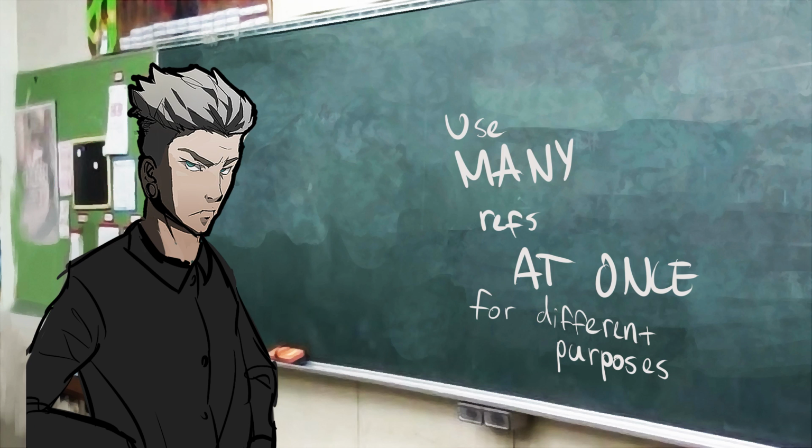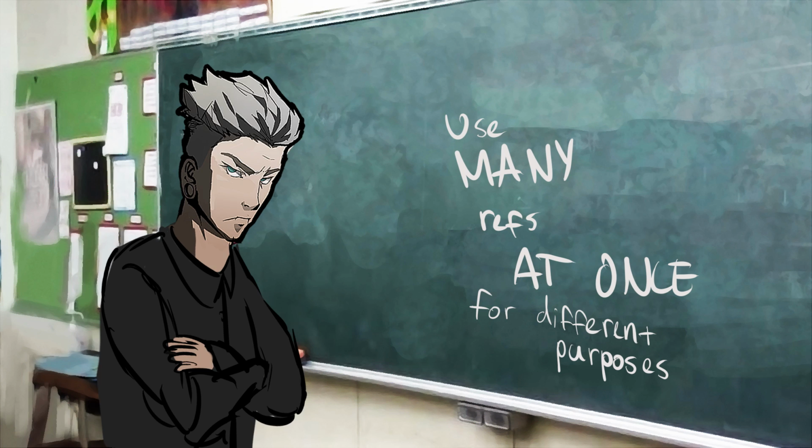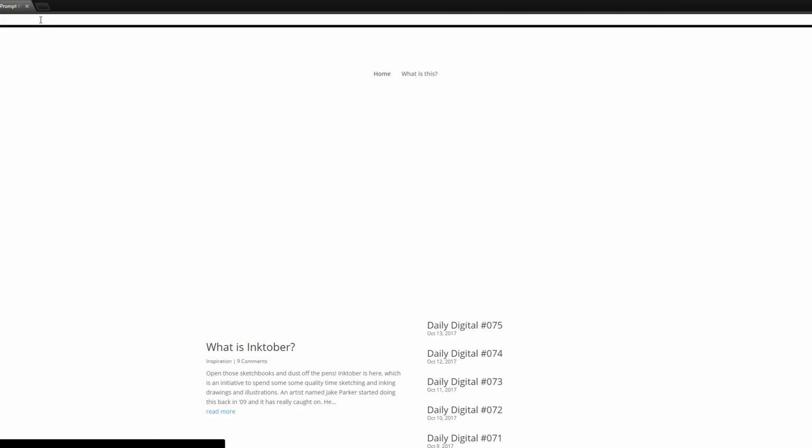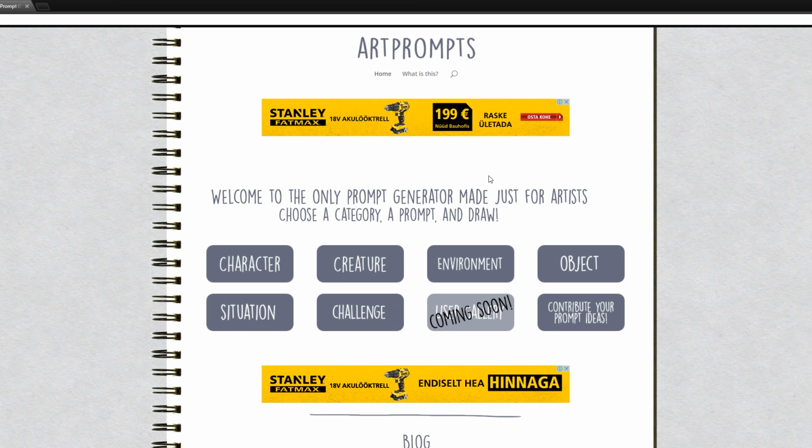Basically what I'm gonna do is try to build up a scene from scratch, but for that I need an idea. So I'm just gonna do something random to demonstrate all of this. So, artprompts.org, or was it .com? No wait, was it .com? It's org. There's a lot of different options here.